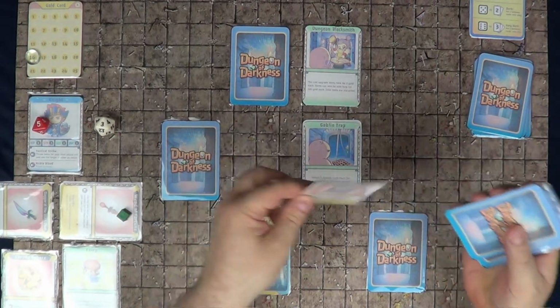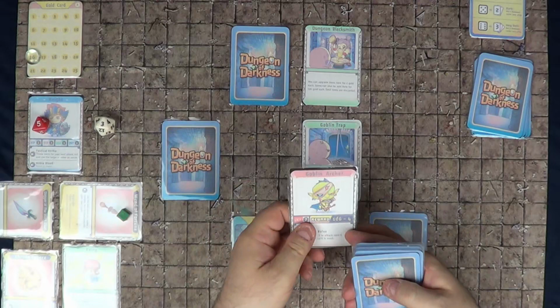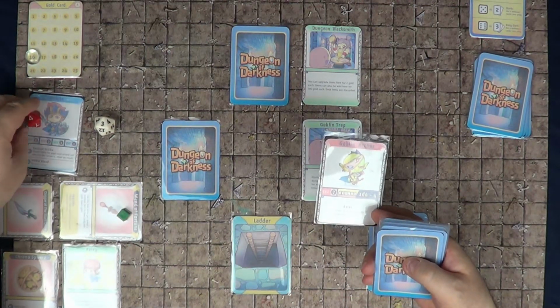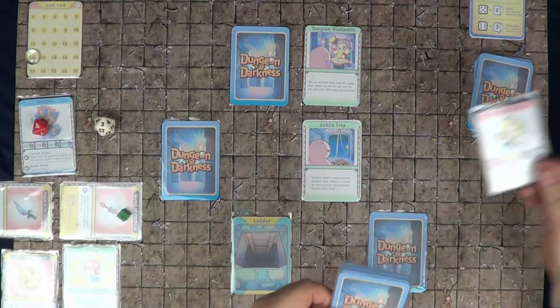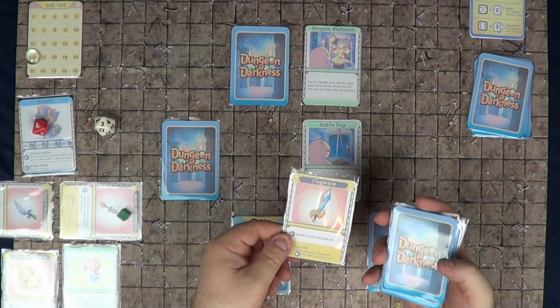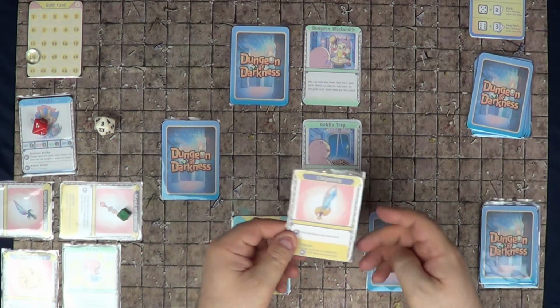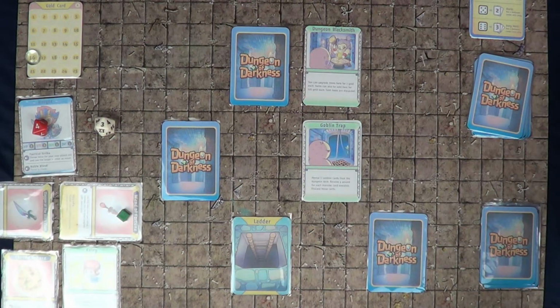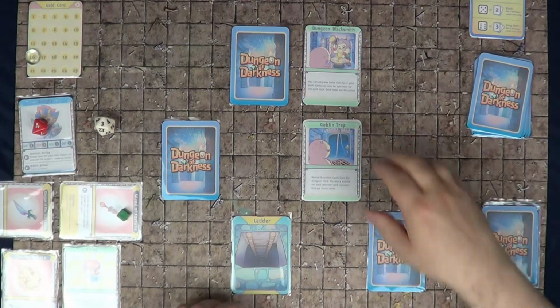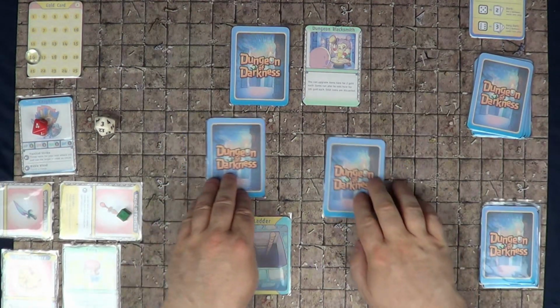Tomb of Summoning, that's not a monster. I'm going to discard that. Goblin Archer, that is a monster. And then our last one, the Claymore. Oh, that was the sword. Okay, but that is not a monster, so we don't get any wounds, but we have to get rid of that. And we get rid of the Goblin Trap. Okay, we are left with,